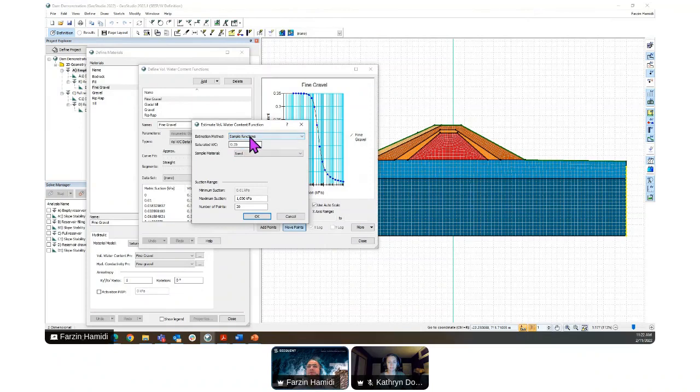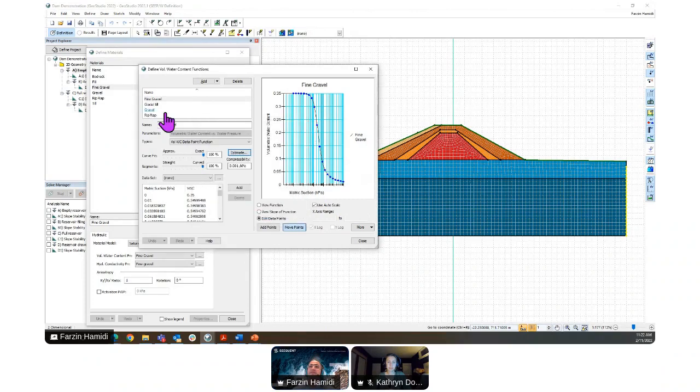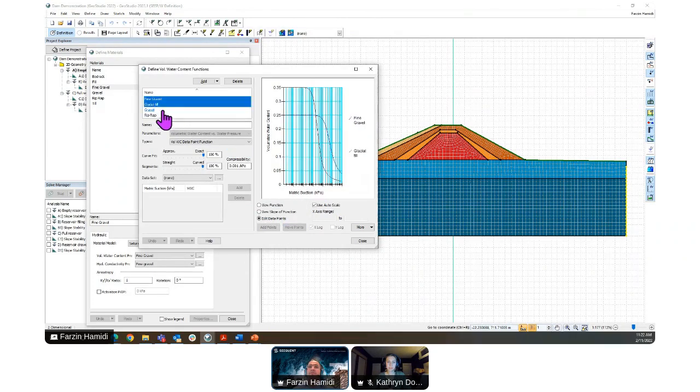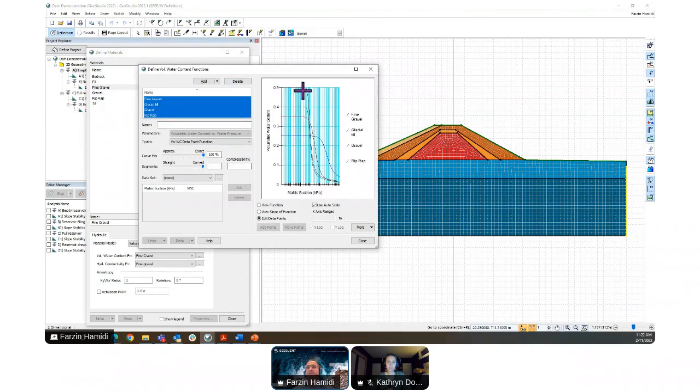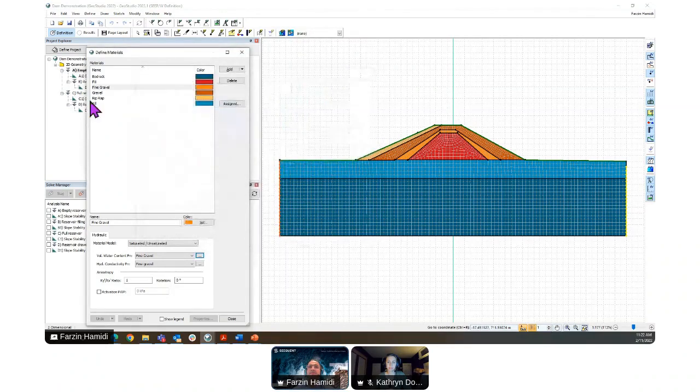So feel free to look at them. In this case, by just selecting the saturated water condition and the grain size distribution on your model, you will be able to estimate a volumetric water content. And you can compare them together and see all of them in this view. So I'll skip through this, I just want to show the capability. And so these are the material definitions.